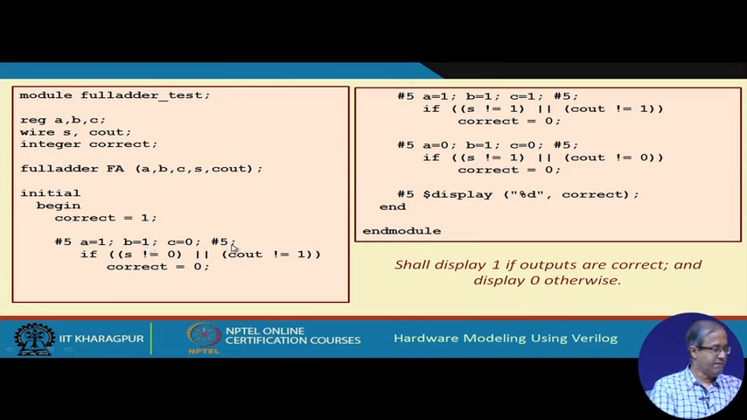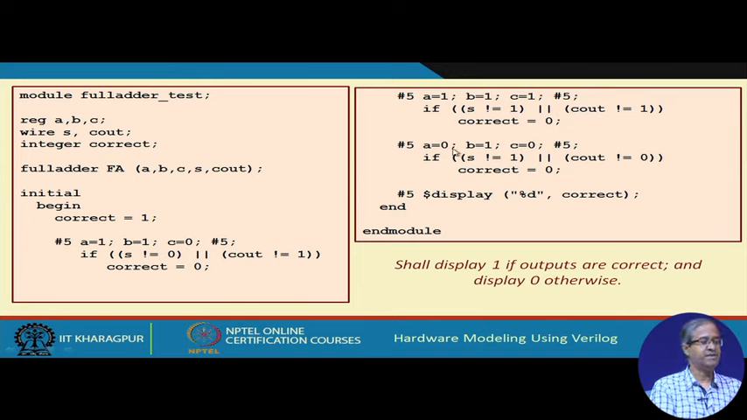Well, we give a delay, then we check for A B, say 1 1 0. This sum is supposed to be 0 and carry is supposed to be 1. So, we are checking if sum is not equal to 0 or carry is not equal to 1, then you set the variable correct to 0. Then apply the next vector 1 1 1, again give a delay, then if sum is not equal to 1 or carry is not equal to 1, then again you set correct to 0,